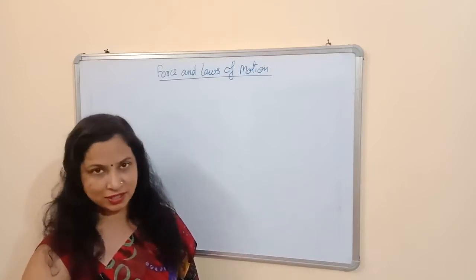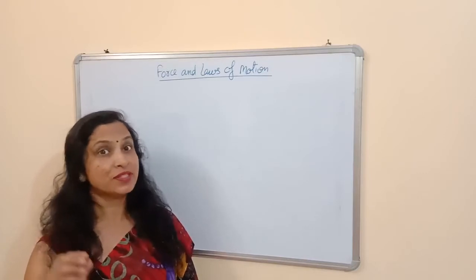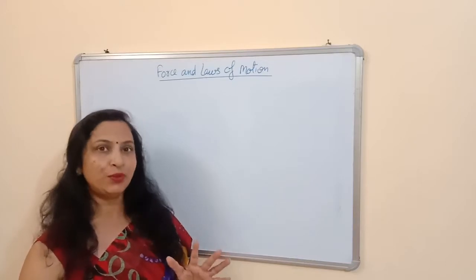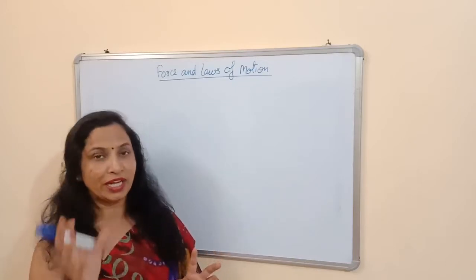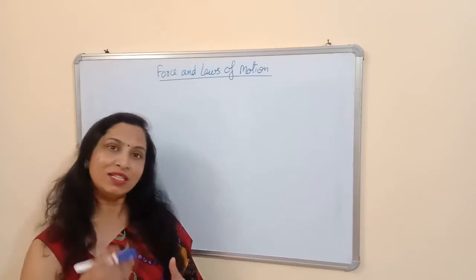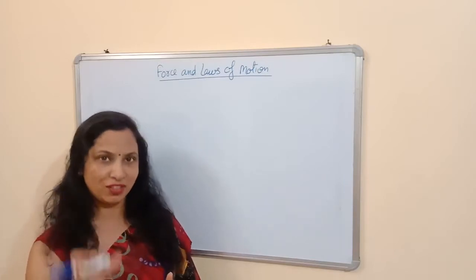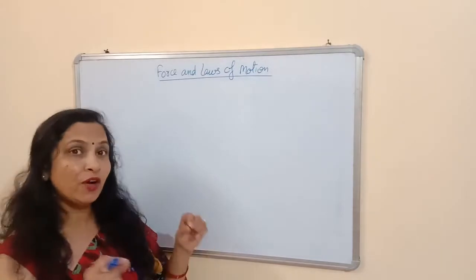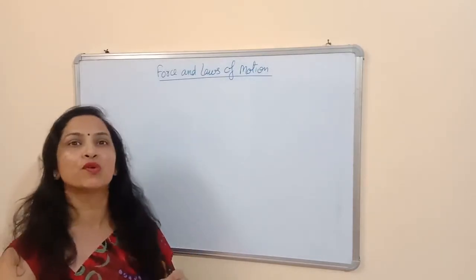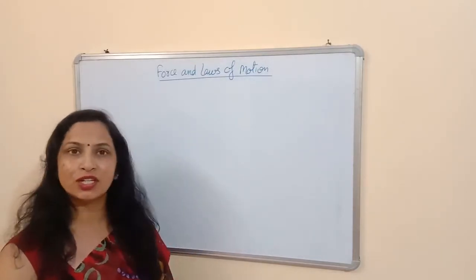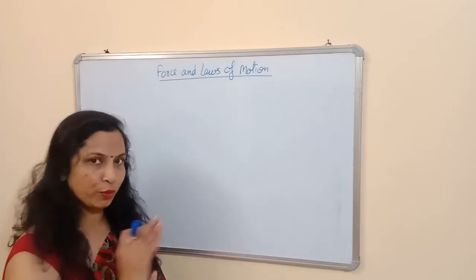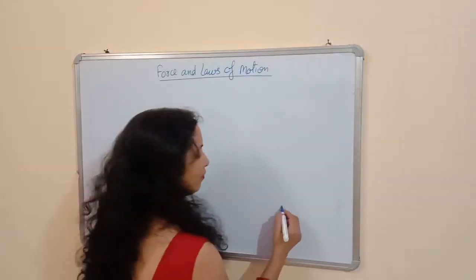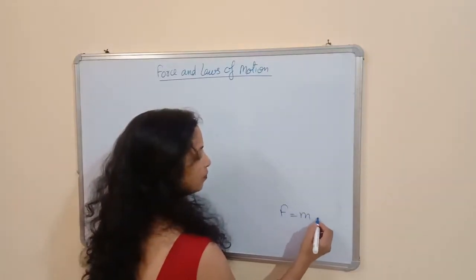Now, in the last lecture, I explained Newton's second law. This is a really important law in which I explained what the law is and how you can derive it. Along with this law, you have to write the derivation. The rate of change of momentum is directly proportional to the force applied. The important condition is that the force should be applied in the direction of motion of the body. So in Newton's second law, we derived that F is equal to m into a.